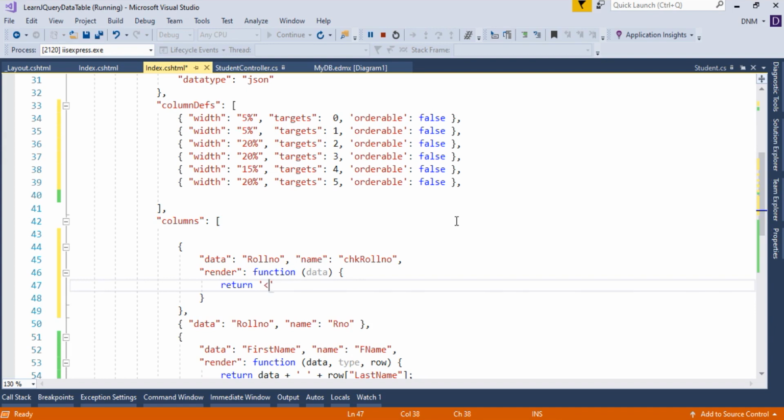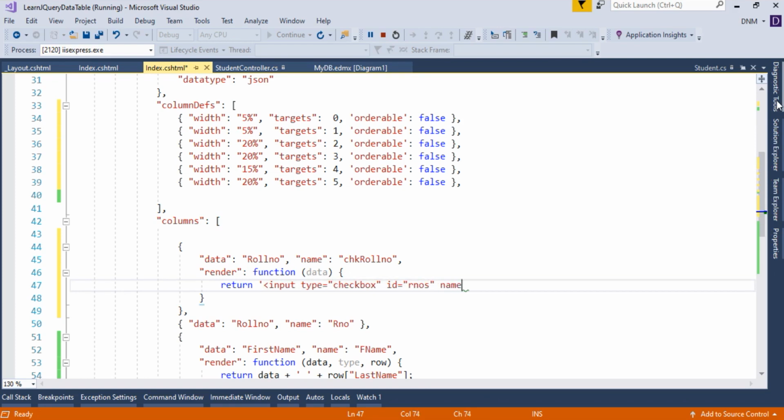So here I have to say input type is equal to checkbox, then you have to assign an ID and name. ID is the attribute. Here I should enclose with double quote, then ID attribute, say RNOs. Since these are multiple roll numbers, that's why RNOs.